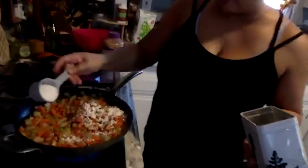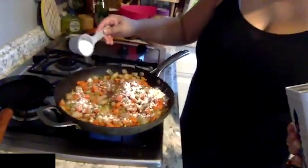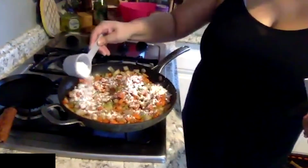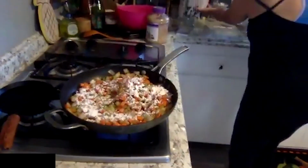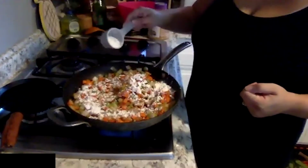And what we're doing right now is basically making a roux. Another French word. So my husband calls this the micro shakes. I don't know why I'm able to shake like that so well, but so just kind of sprinkle it